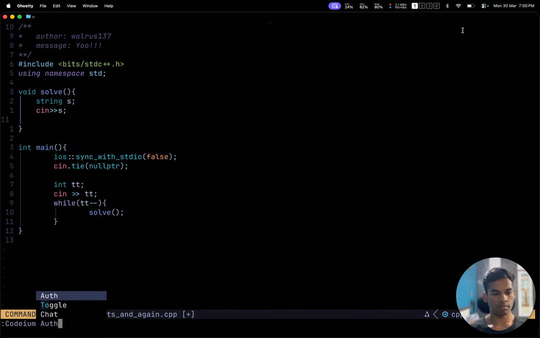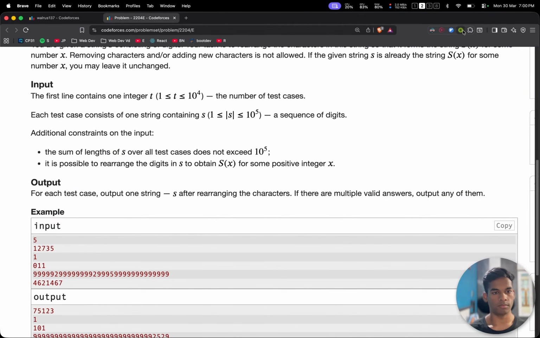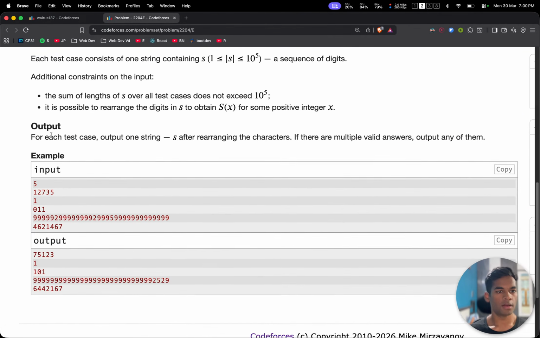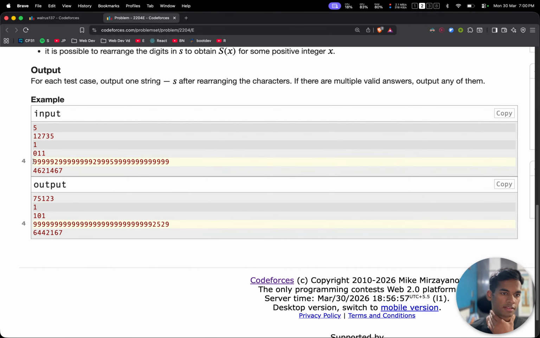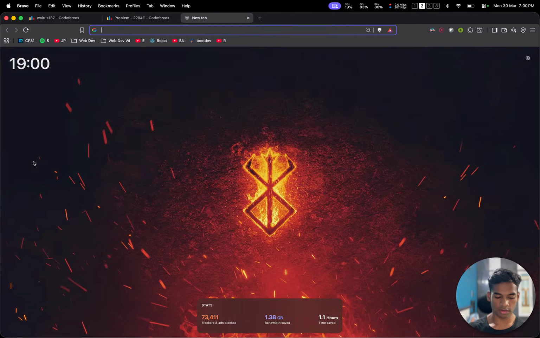Podium, toggle, good. Podium is disabled. Okay, but what to do with this s? How do we even figure out